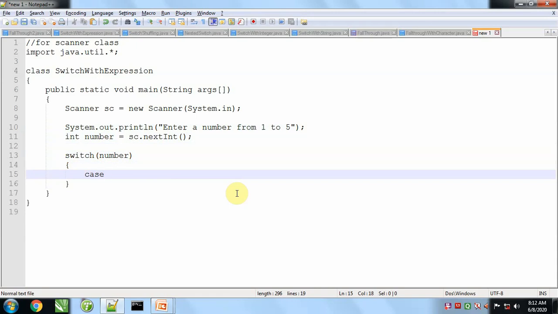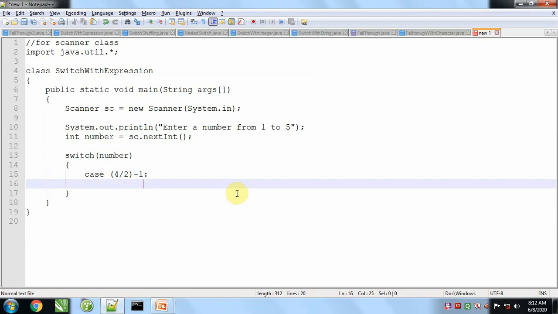So for case 1 we will write 4 divided by 2, 2 to the 4, it will generate 2, and we will subtract 1 from the result, so it will become 1.